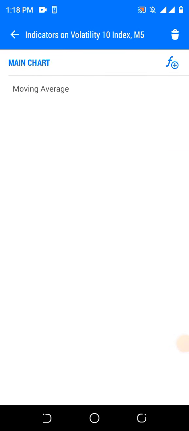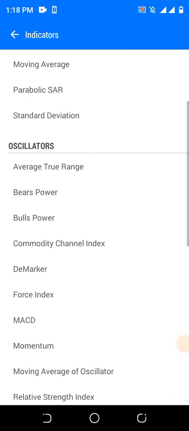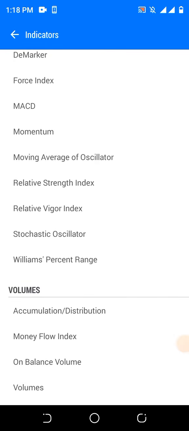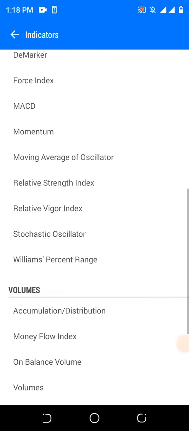Now the next indicators are RSI and the Ichimoku indicator. The first one you need to insert is RSI. The first indicator to insert after the moving average is what? RSI. So you click on F plus sign and locate RSI, that is the Relative Strength Index indicator. So on my screen now, this is RSI, Relative Strength Index. So you click on it.